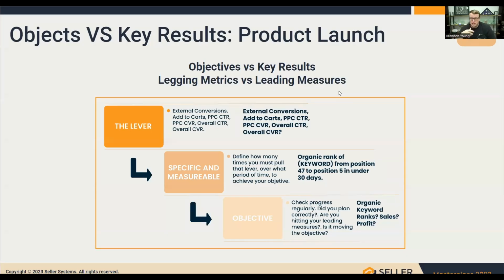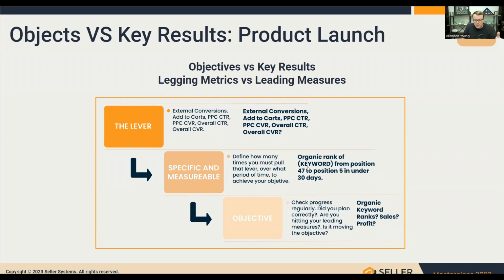Well, I'm going to potentially need to turn off lower conversion keywords, and I need to actively seek and find more PPC, or spend more on PPC, that converts really well. So I need to dig deeper into keywords that are longer tail, more specific, more relevant, that convert well, right? I need to spend more money on those. So every single day, I need to monitor my keyword ranks. I need to do keyword research. If I identify that the lever is to find more keywords that convert well, then I need to do more keyword discovery. That's my leading activity in testing.